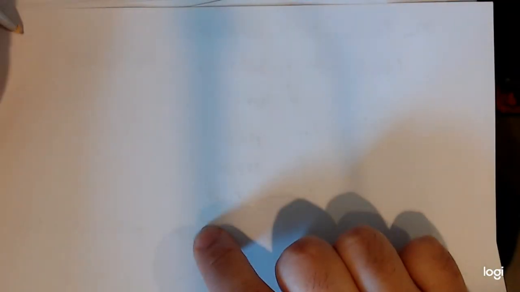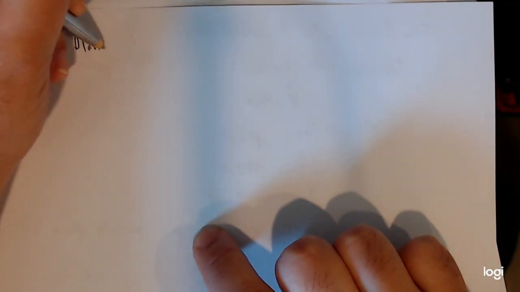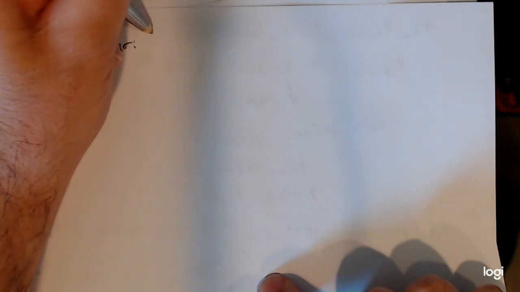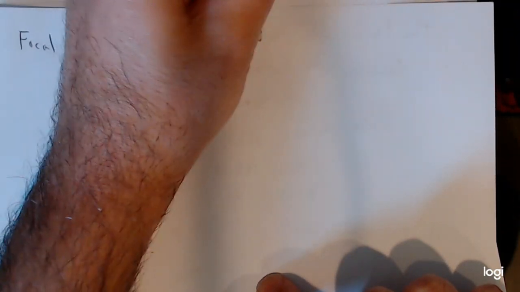Okay, so let's move on to the next idea, which is going to be important when we're graphing parabolas. Because we could always locate the vertex, and then if I could locate 2 more points, then I could easily graph the parabola. So this is called the focal diameter. So let me describe what a focal diameter is. The focal diameter is a length. So this is the length